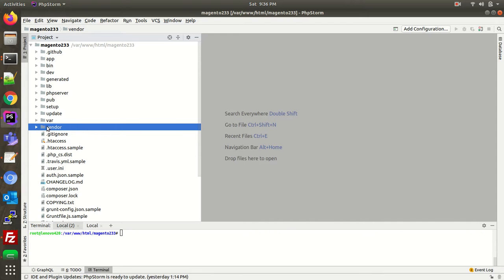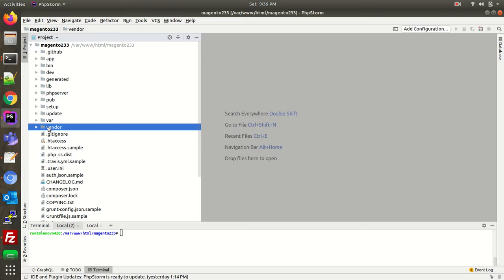Probably we'll talk about the PWA part in future videos, but in today's video, let's stick to GraphQL, how we can implement it, and what the various advantages are. We may also talk in the future about the headless architecture of Magento, and how GraphQL is helping that part.